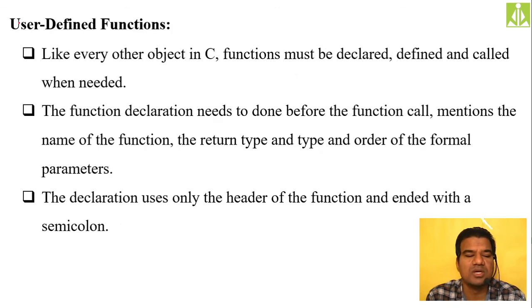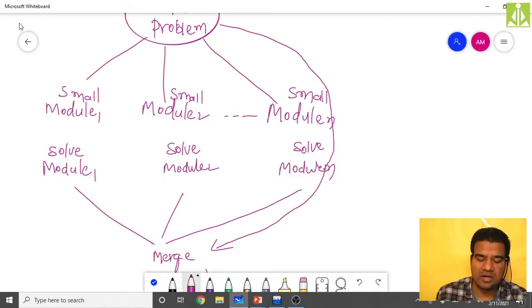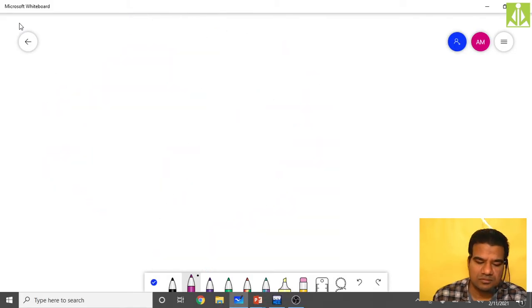Hopefully you understood. So the next one, the user defined functions. See, these functions, they can be of two types. One is predefined and the other one is user defined. So I will write that thing over here. Functions, we said two types.